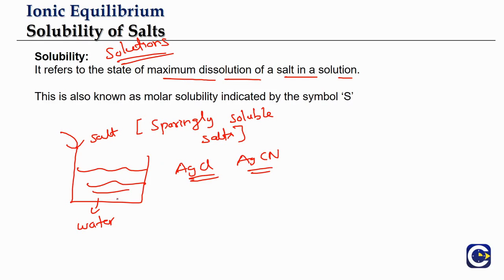So what happens if you put that AgCl or silver cyanide, even barium sulfate? All these are what? Sparingly soluble salts. So if you put them into water, what we'll see is the salt will dissolve, but not as much as we'll see in the case of say NaCl or KCl. It will be dissolving only partially. So if we just drop some very small amount of the salt into water and then stir it, what we'll see is the salt will dissolve.